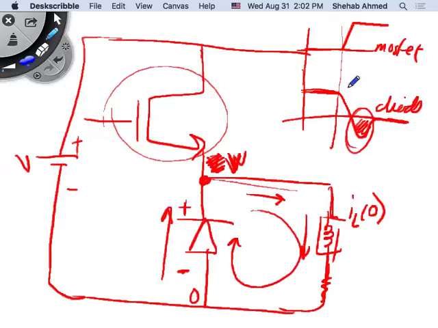So as soon as I turn on the MOSFET, current will flow from the battery here, and then it will do what? Is this diode blocking? Not yet. So what is it going to do? It's going to force current in the opposite direction